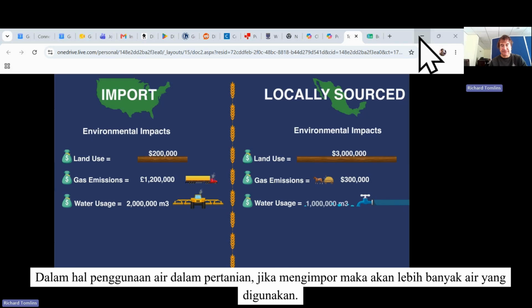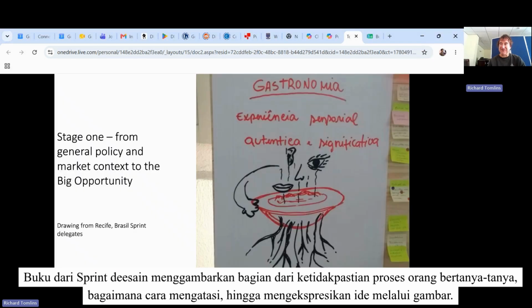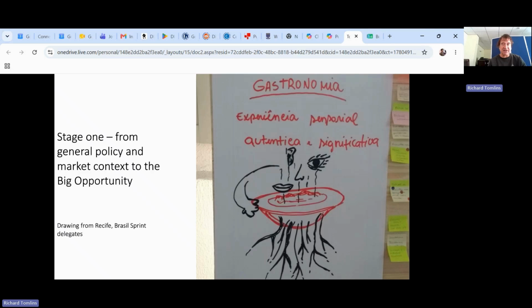Sourcing locally, part of the uncertainty of the process, people wondering how they're going to be able to cope, express their ideas, mainly through drawing. Yes, as you see from this picture, a little bit of scope to write some words, and these talking about experiencia and sensorial and authentica and significant. My Portuguese got worse over the years. So experience, sense,